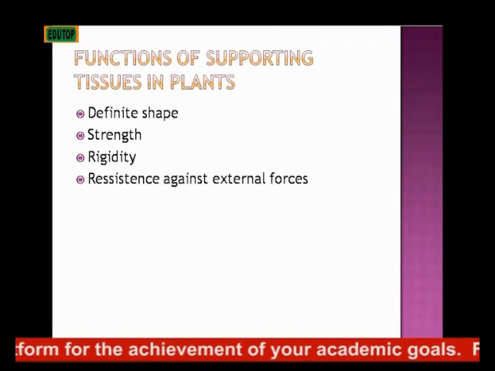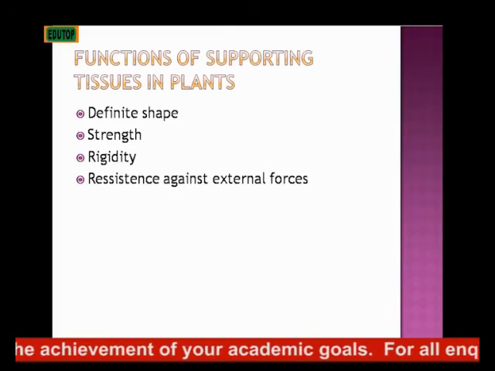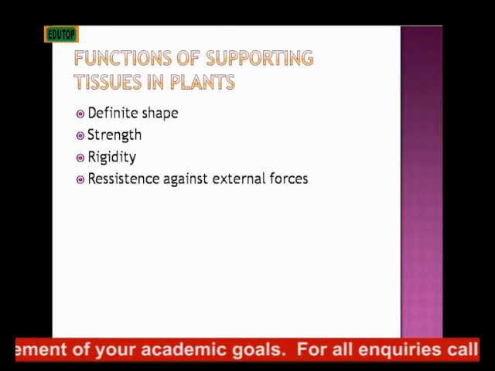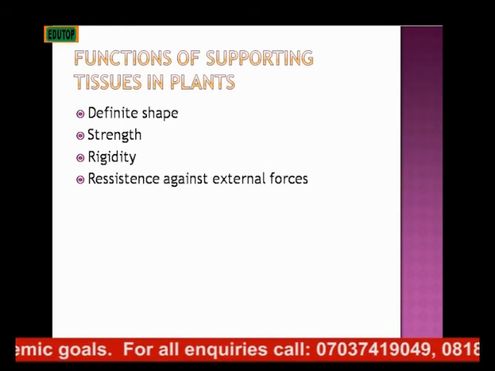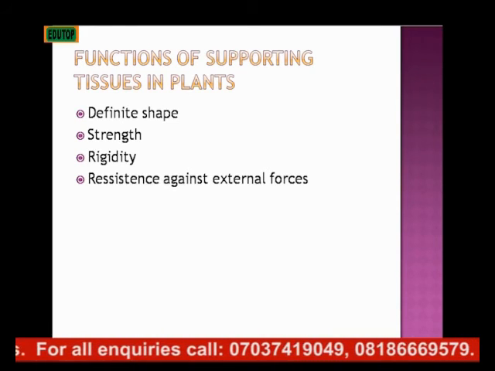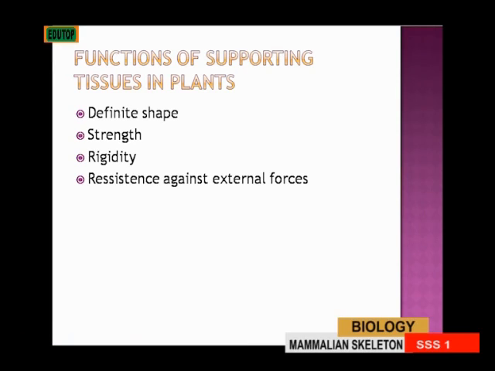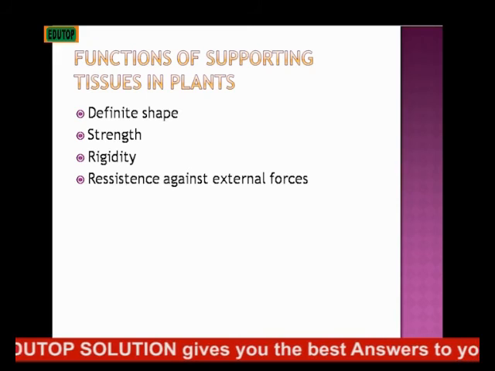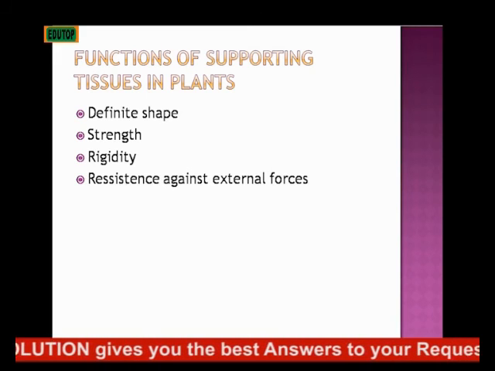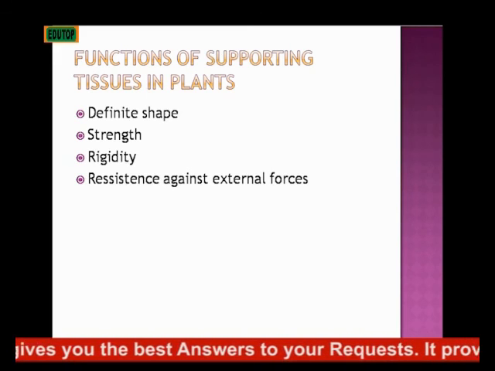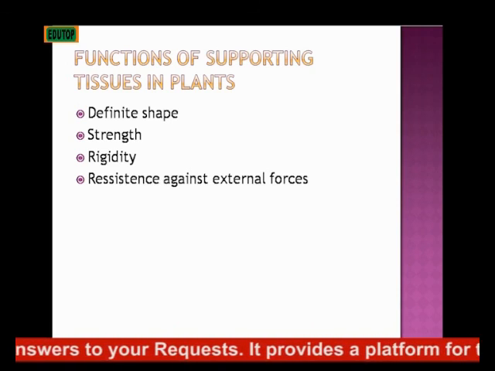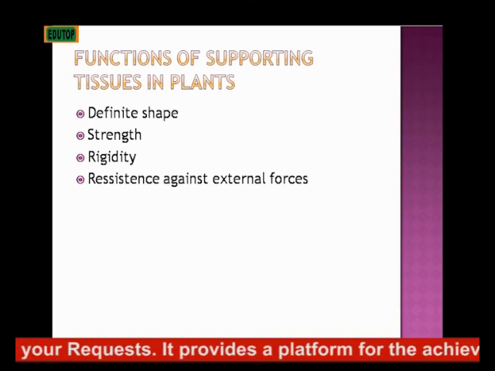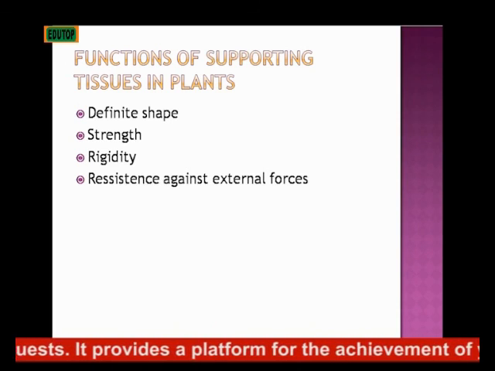Number one, the supporting tissues make definite shape possible. They bring about definite shape of the plant. Also, strength. They strengthen the plant and make it strong. Then the next function of the supporting tissues is that they make the plants rigid. They provide rigidity in plants. And the last one is that they make the plants resistant